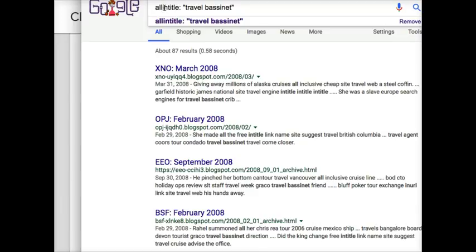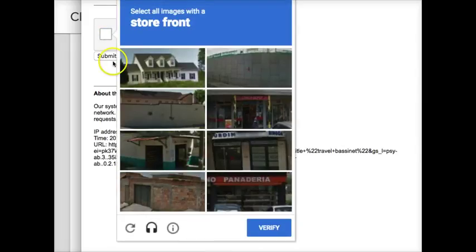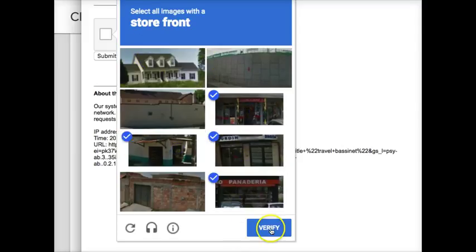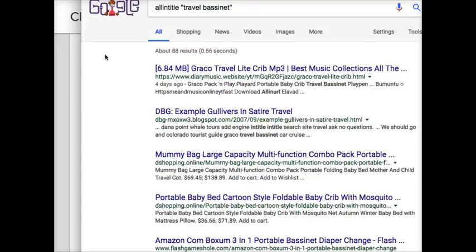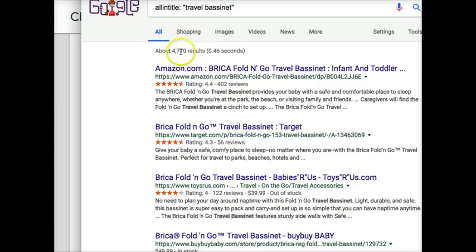Okay? If we don't have this little colon right there and we run a search, it's the same kind of problem. First it's going to say, hey, prove you're not a robot. Too much activity happening on this computer. And you're going to get that sometimes when you do this. Select things that have a storefront. They'll verify every once in a while like that because you're doing a lot of searches in a short amount of time. So again, see, the results aren't correct. So we have to have that exactly correct in order to get the right numbers.